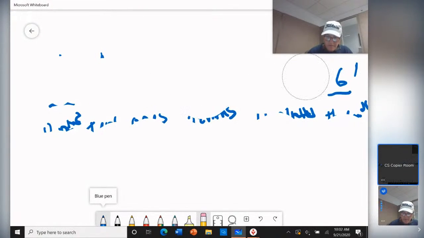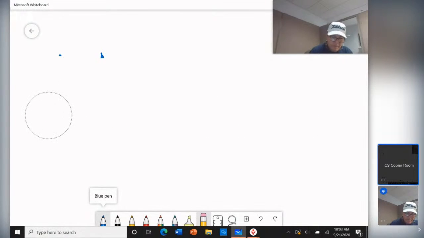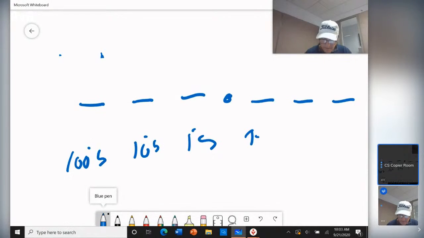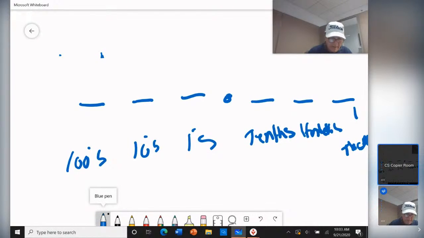And of course, there's always a decimal. Okay, so this is, we're going to say hundreds place. This is the tens place. This is the ones place. This is the tenths, hundredths, and this is the thousandths. Okay, so if we have 279.140